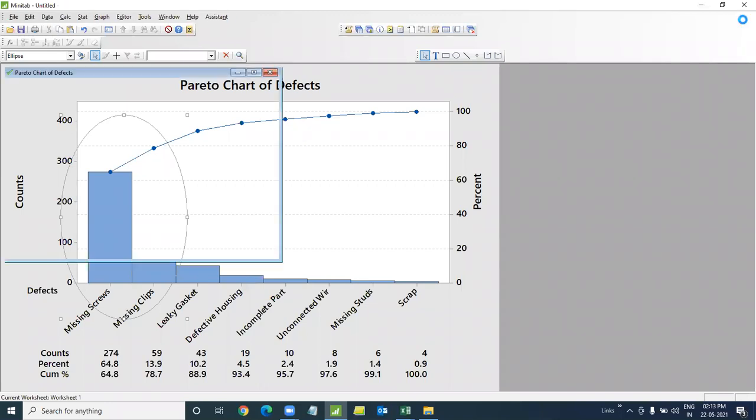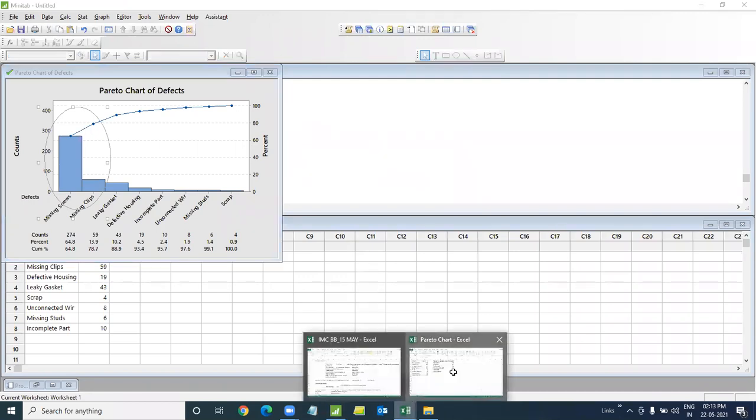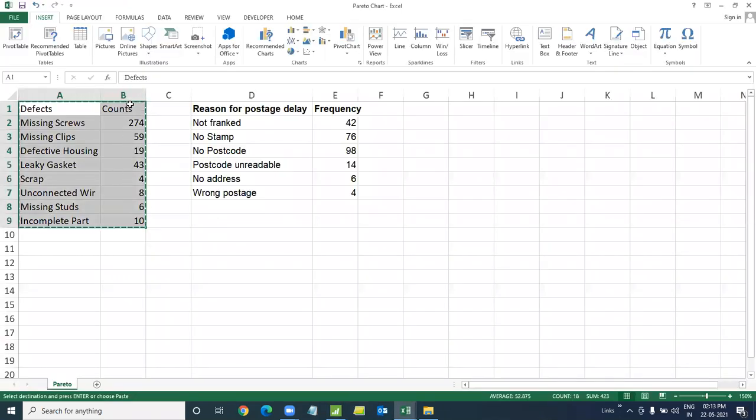Now I have my reservation with Pareto chart. Why? Because it doesn't look at what the problem is all about. It looks only at the numbers. So your highest problem may not be the most critical one. It's quite possible the problem which is happening the most number of times may not be the most critical one. Probably these ones could be a more critical problem, a fatal problem, because of which your business existence can be at stake. So unfortunately, Pareto chart looks at only this side of the problem,